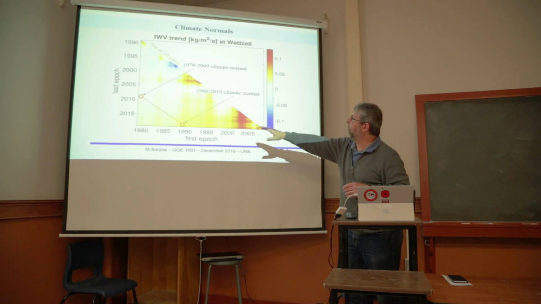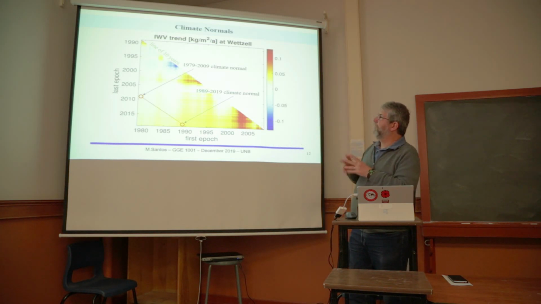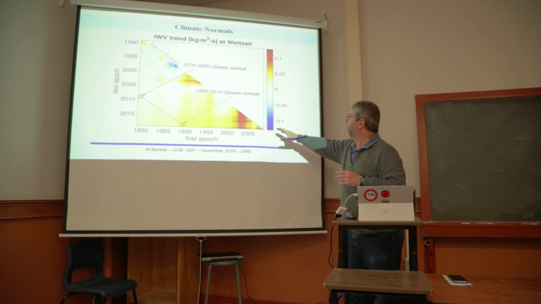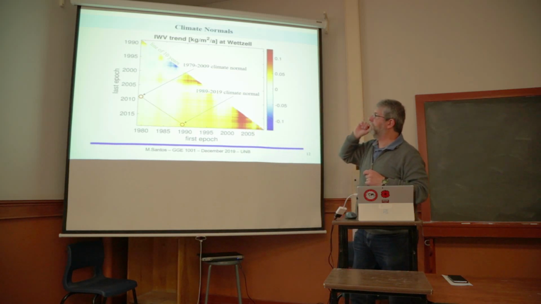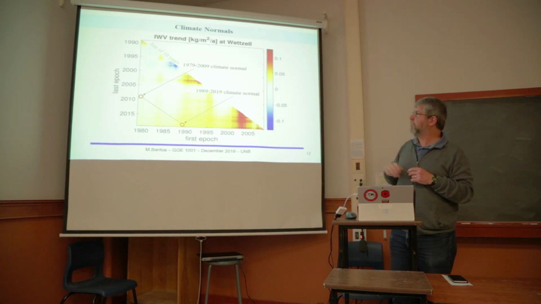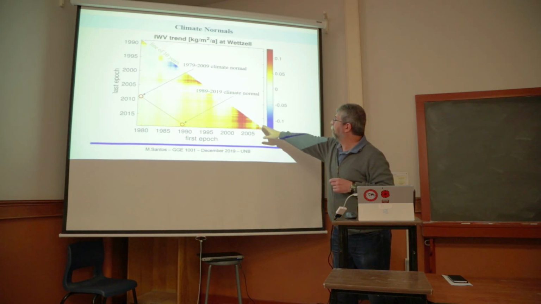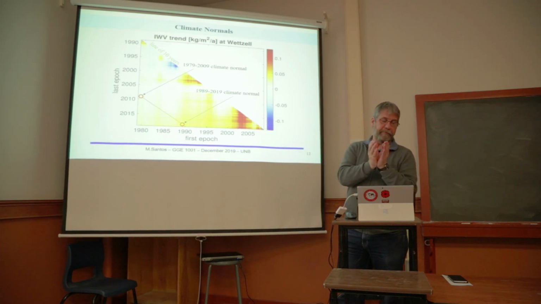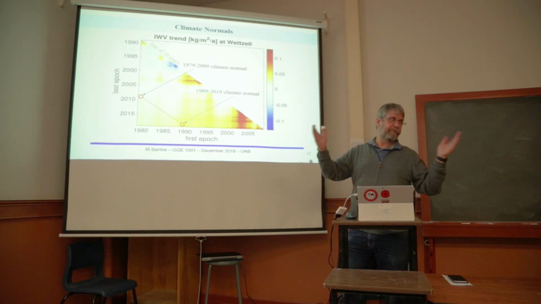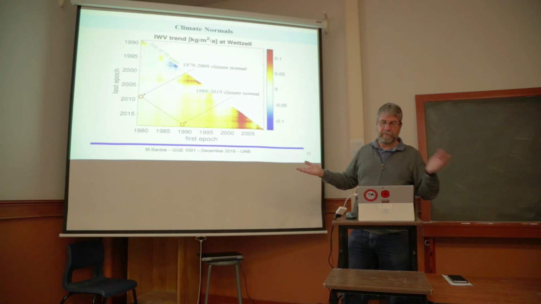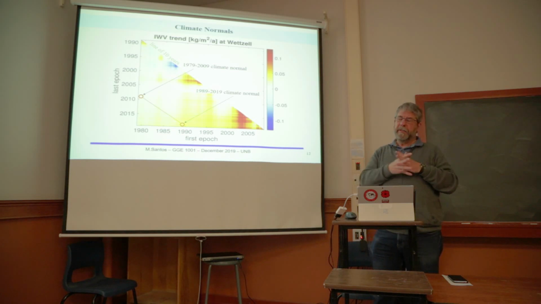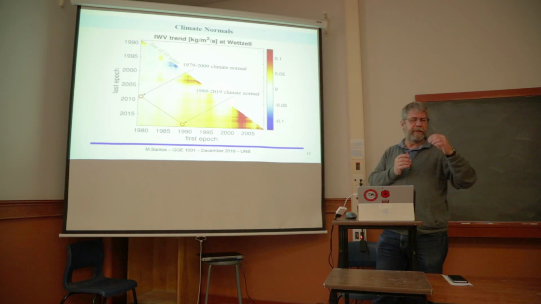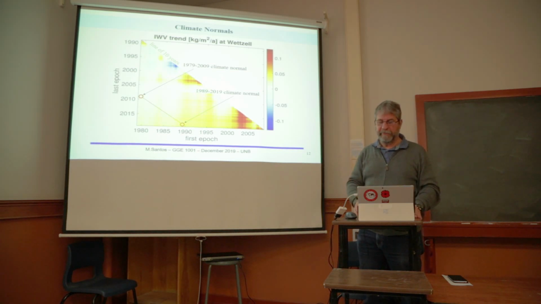We have here the computation of normals, or mean values, for periods of 10 years all the way to 30 years. In red we have the 30-year normals. You can see that there is much more variation when we take the means over a shorter period of time than over a longer period of time, which is logical. So there is some wisdom in thinking about climate in the long term, with normals every 30 years.